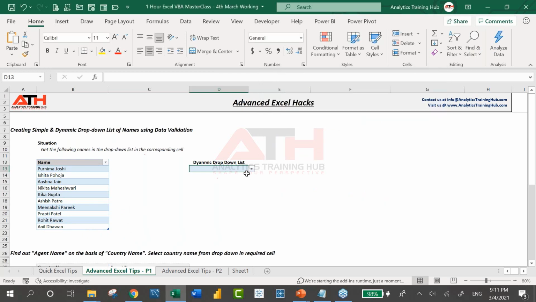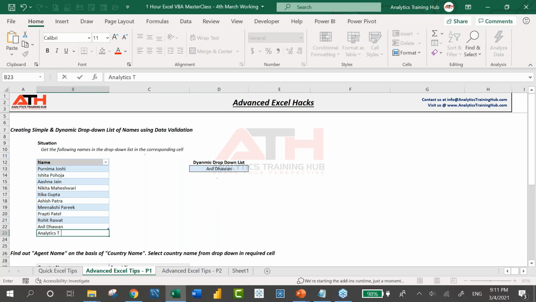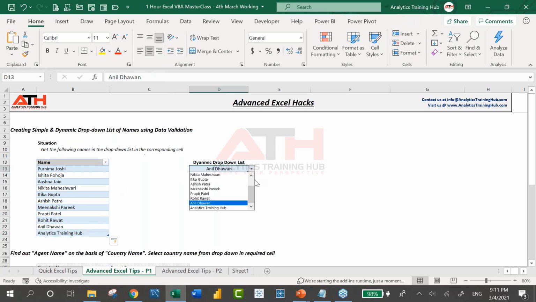And now I come, you can see that I am going to select my name again, but this time, as soon as I include or add another entry, that entry gets included automatically in the table. And now when I come here and I look at, I can see the newly added entry reflecting it there.